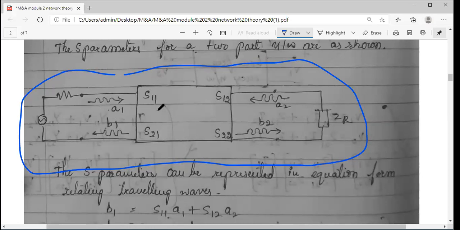However, in case of S matrix, S parameters, here the variables are the waves, incident and reflected waves. So for a sample 2-port network, you have seen this structure, and we have seen this matrix, the pair of equations we use for S parameters. This is for a 2-port network. Now, why D's are to be listed at the left hand side? Why A's are to be at the right hand side?